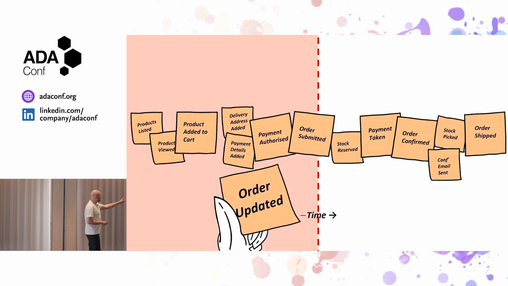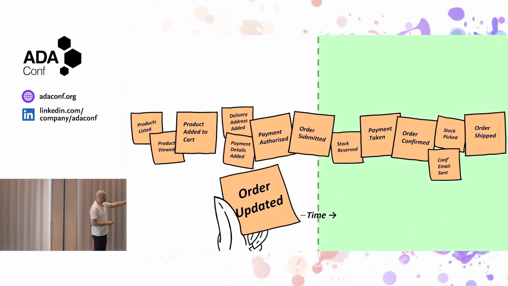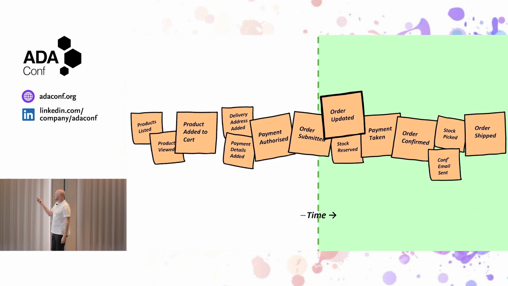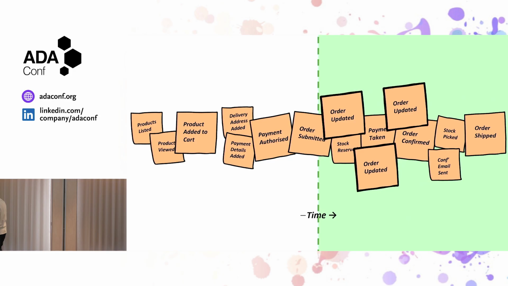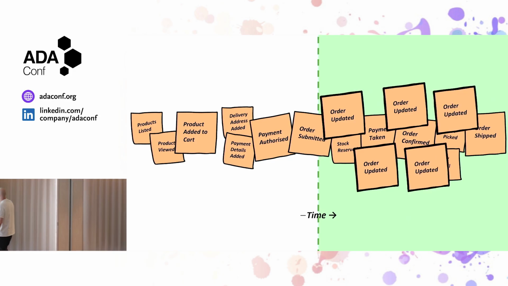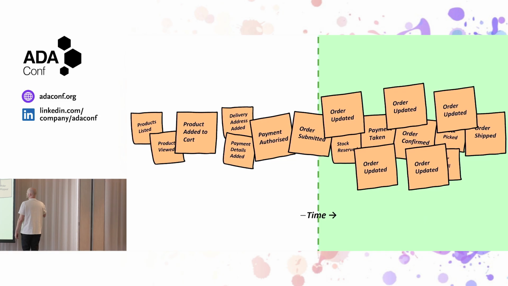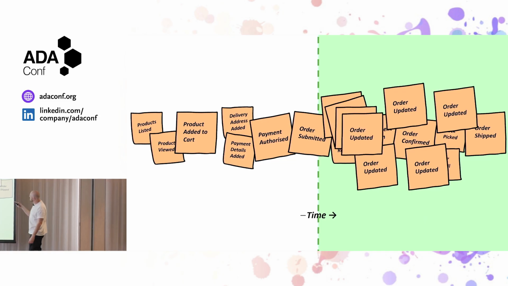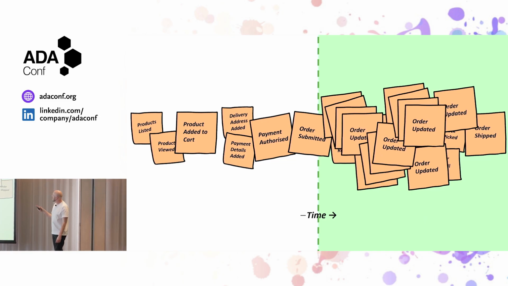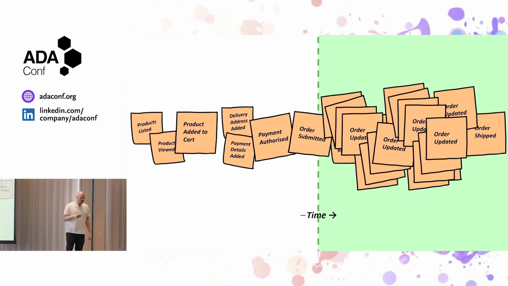It sounds reasonable. And where's it going on our timeline? Well, obviously it can't go before the order was submitted because that's when it first came into existence, so it's got to be sometime after that, hasn't it? So maybe just after the order was taken, or well, maybe after we took stock but the payment was taken, or actually no, it could happen after that, or even after it was confirmed and, oh no, after stock was picked. And yeah, in truth, it could happen multiple times all across our timeline here,